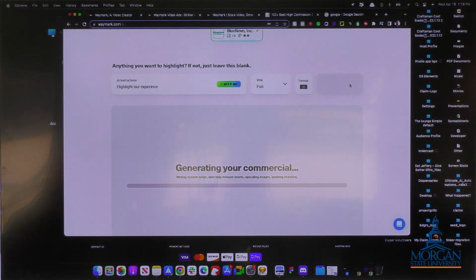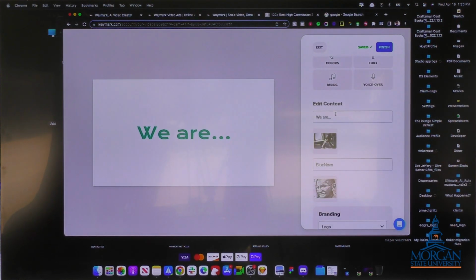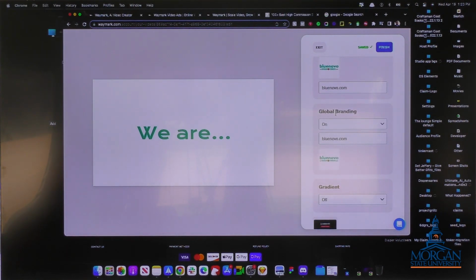And so you're able to pick different styles of videos. So maybe it's fun or informative. And so while we wait, I'll pull up another version, the one that I've already created. Now that I've already created this one, I can easily go back and edit the content, change the pictures, change the B-roll or the background videos that are happening. And so now, without any video editing skills, you're creating videos for companies.